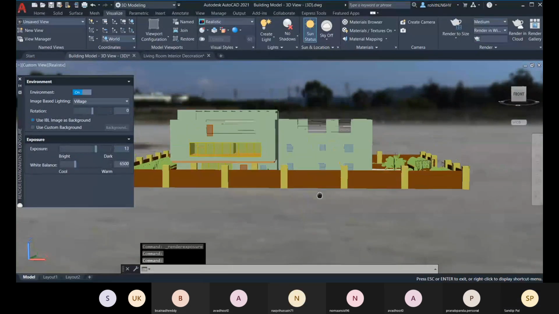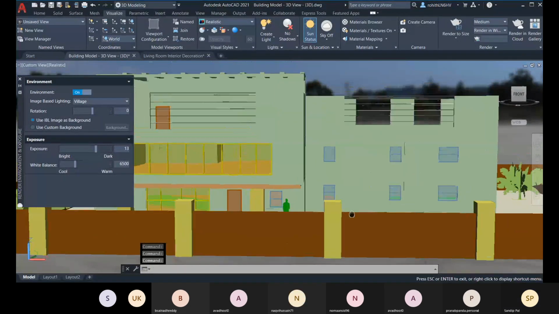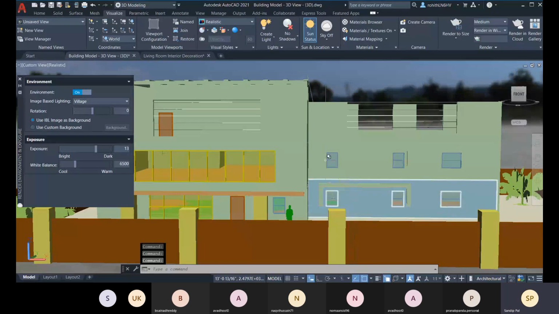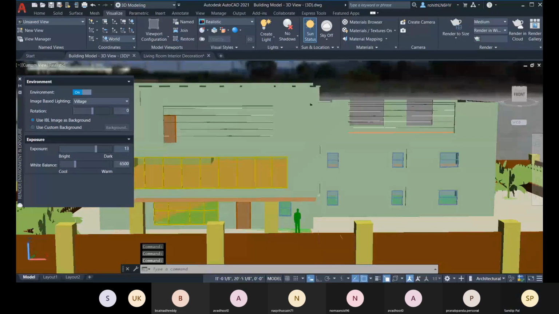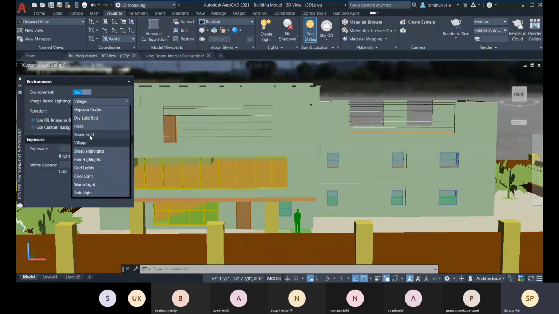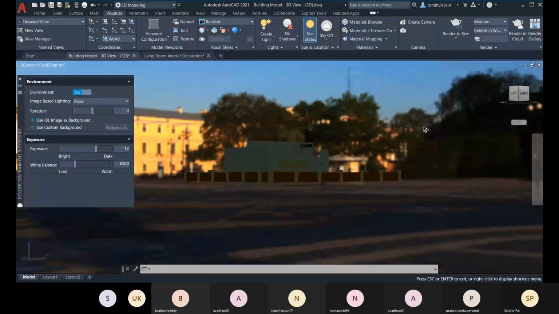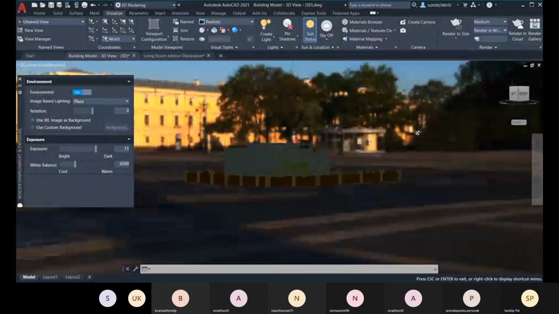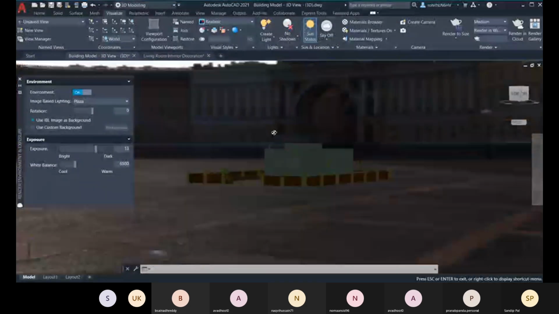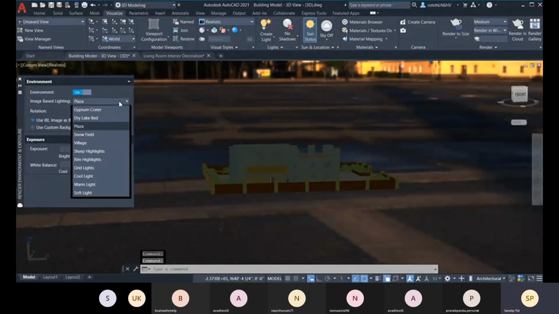So you can select that, right? As per that, you will have that background. Here you have some presets. You can choose from that. Let me show you this one. Whatever is the perfect one, choose that.